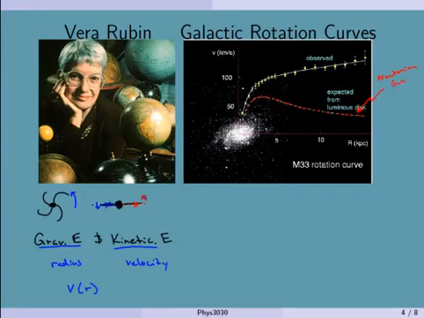predicts. Now, this is a very important point for the matter that's seen in the galaxy, right? So I see a certain amount of matter in the galaxy. It drops off, right? There's more in the bulge than there is in the arms, and this dot plot over here is what the M33 galaxy looks like, and I plot that as a function, and it should be this red line.